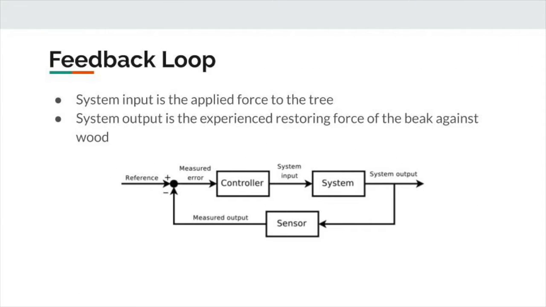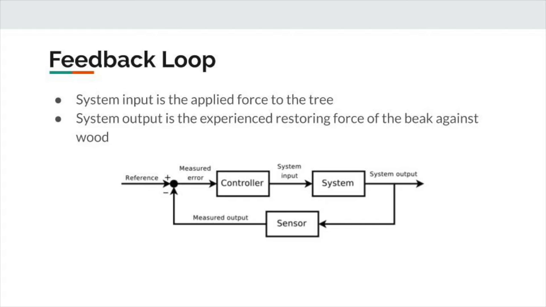A closed-loop system is displayed in the figure. Following the feedback loop, the woodpecker uses visual inputs for reference. From there, its brain can be viewed as the control deciding the system input. The system input is the applied force to the tree, and the output is the restoring force the woodpecker feels on its beak. In addition, a hole has been produced and may be visually inspected. The loop repeats, and the woodpecker adjusts its motion based off of the system outputs.